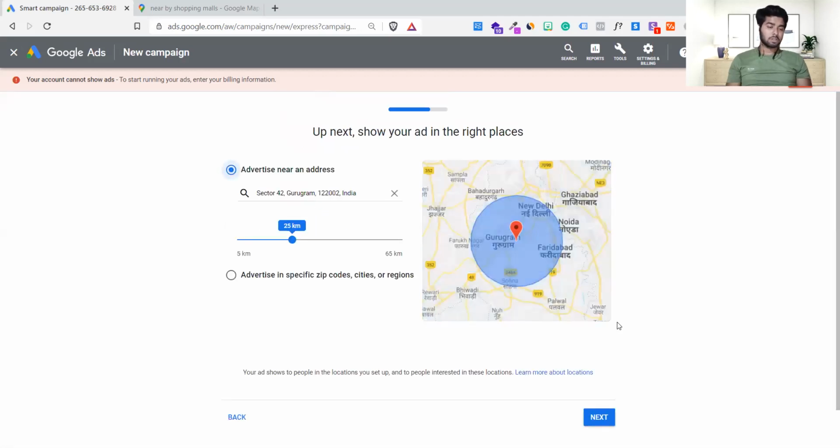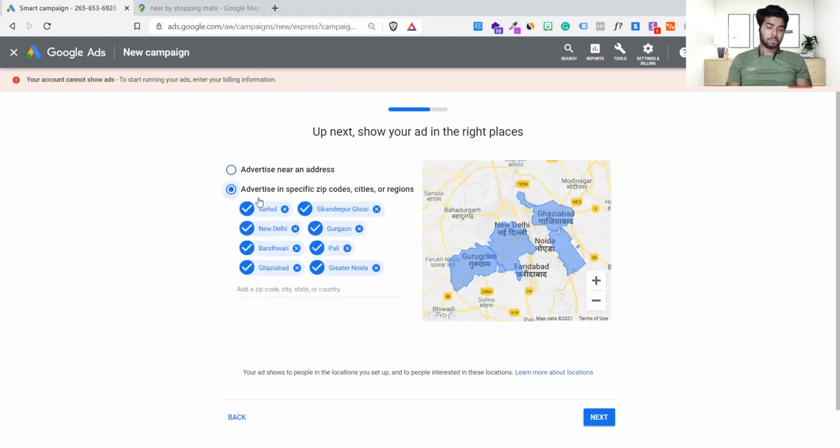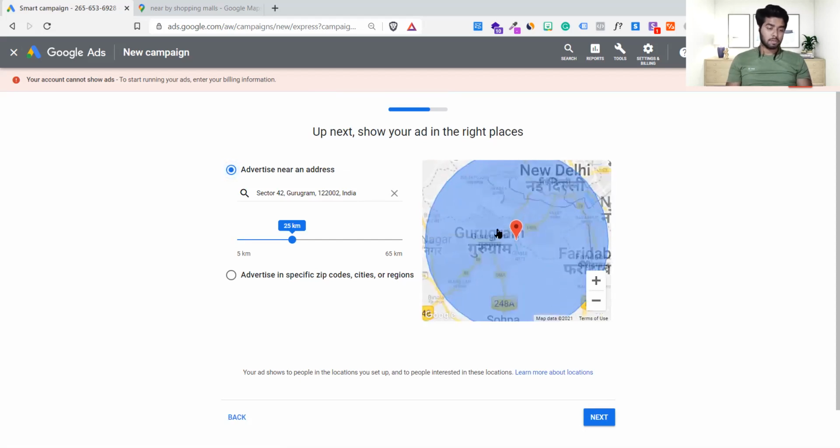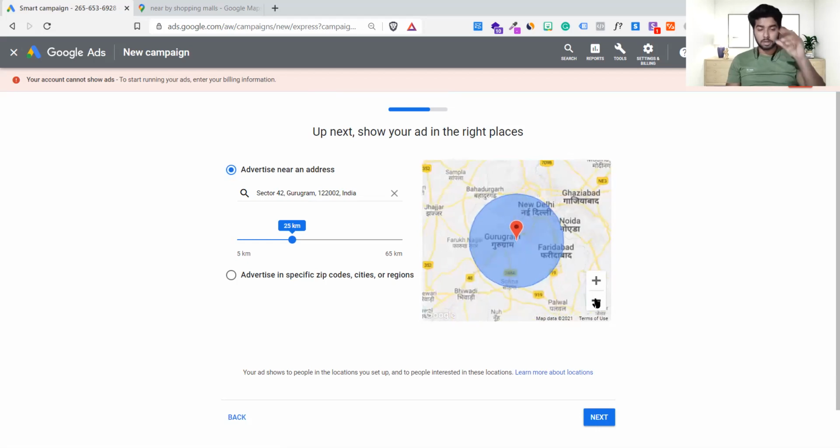Okay, now this is something interesting, where you want to show this advertisement. You want to show this as zip based. Okay, this is on a zip pin code basis. The people under the pin code, they can search it real quick. Or you want to give this range around your proper store. Suppose here is the DLF in between this map. Over here on the red mark, it shows this DLF building.